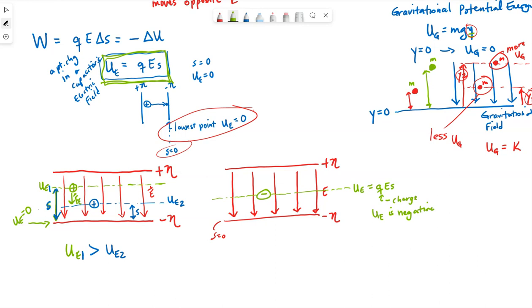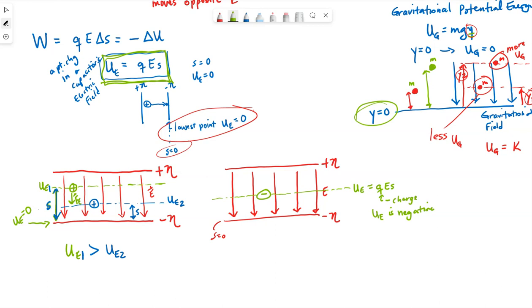When we talked about gravitational potential energy, our energy typically wasn't negative because we defined y equals 0 at the lowest point. And that's an arbitrary decision, by the way. We didn't have to define it there. It doesn't really need to be the lowest point. It just made the mathematical setup easier. So here, our potential energy is negative,